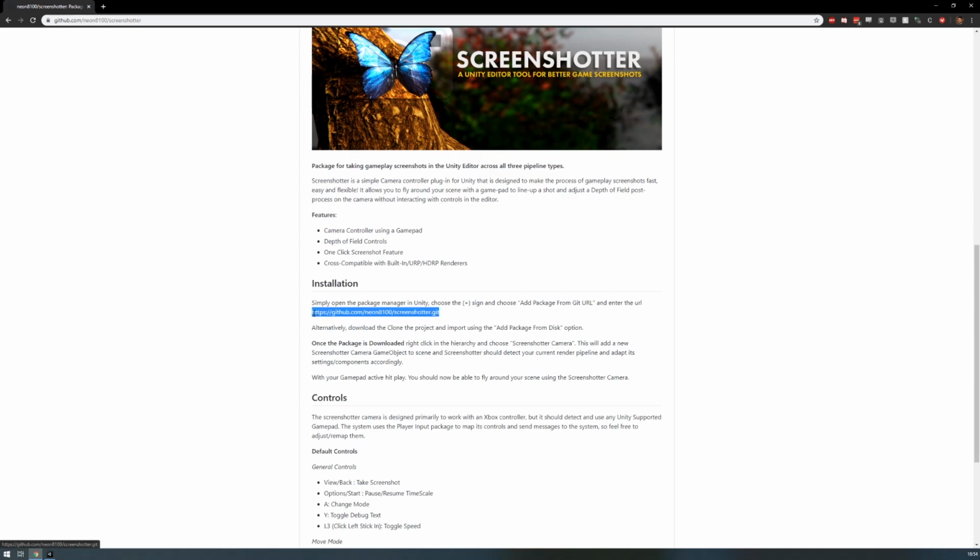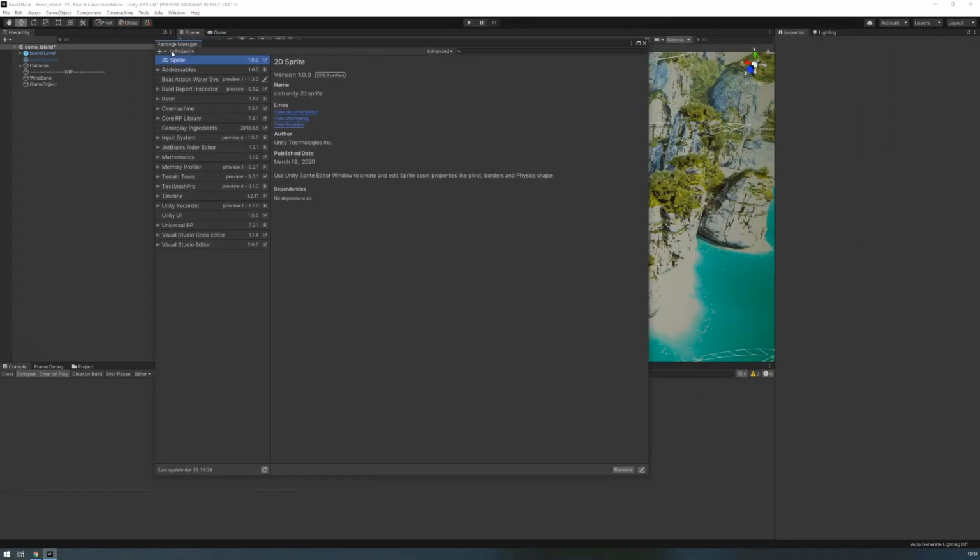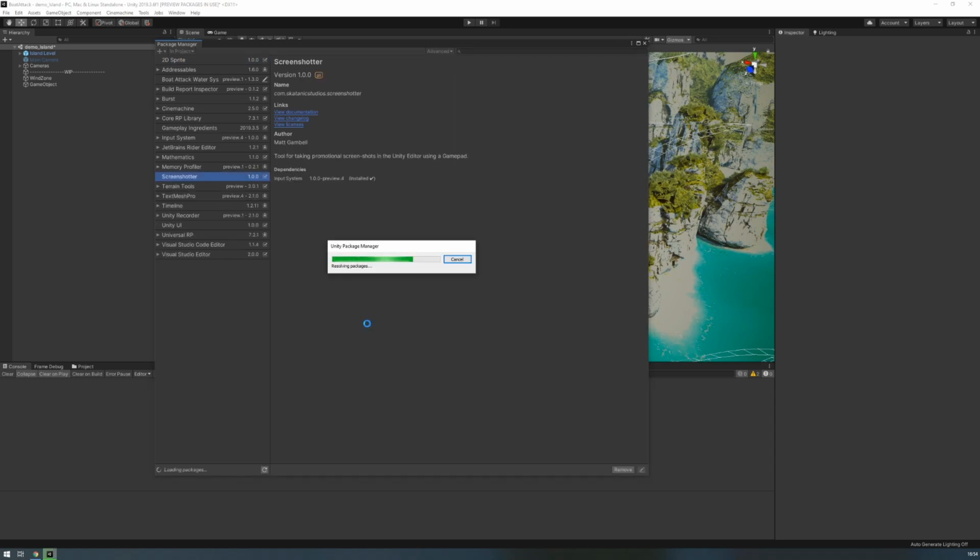Basically, if you've got Git set up on your system and it runs in your environment variables, you should just be able to do this. You may have to go in and do that, but all you need to do is open up your package manager, head over here, hit the little plus button, and you can download the clone the zip, but it's better to get it straight from the Git because then you'll keep it up to date. And then just copy that URL. So it's just github.com/neon8100/screenshotter.git. Hit add, and then it takes a minute or two, but Unity will then resolve the package and find it